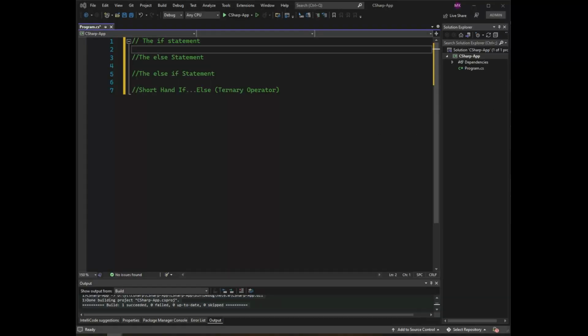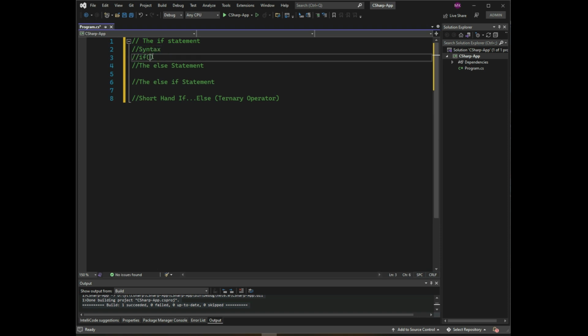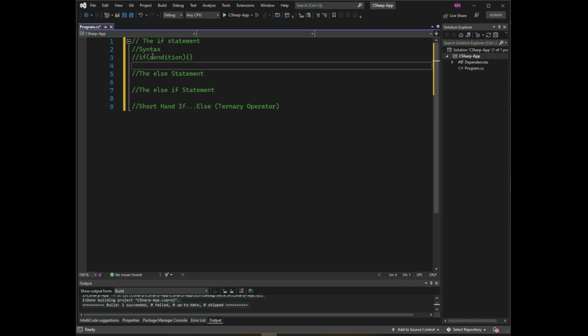Use the if statement to specify a block of C# code to be executed if a condition is true. So the syntax is: if, a condition, and a block of code, this block. In this example we test two values to find out if 20 is greater than 18. If the condition is true, print some text. So if the condition is 20 greater than 18, and a block of code,